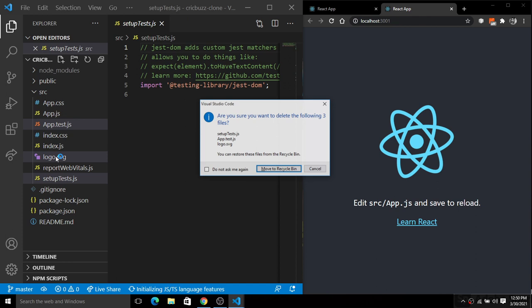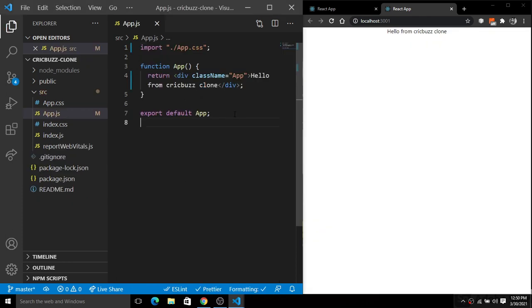When you save this, you will see hello from React app, or hello from the ClickBuzz clone, on the screen, and it is centrally aligned. So you have to remove all the predefined styles here. I'm going to delete all the predefined styles and save this.